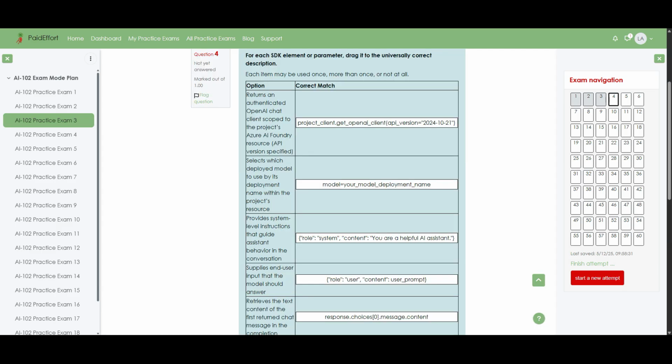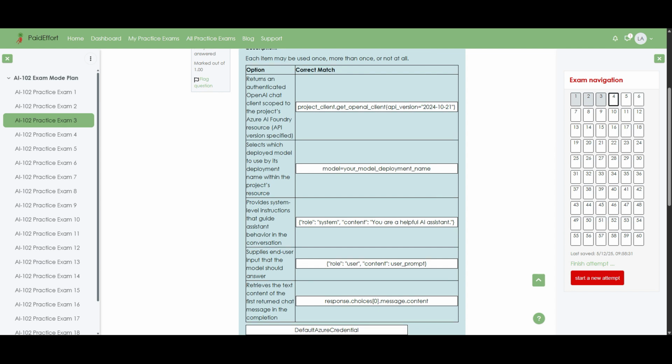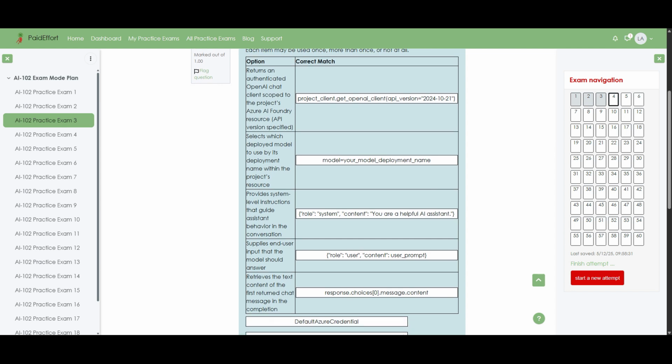Question 4. For each SDK element or parameter, drag it to the universally correct description. Returns an authenticated OpenAI chat client scoped to the project's Azure AI Foundry resource, is matched with project client.getOpenAI client. API version equals 2024-1021. Selects which deployed model to use by its deployment name is matched with model equals your model deployment name. Provides system-level instructions that guide assistant behavior is matched with role: system, content: you are a helpful AI assistant,